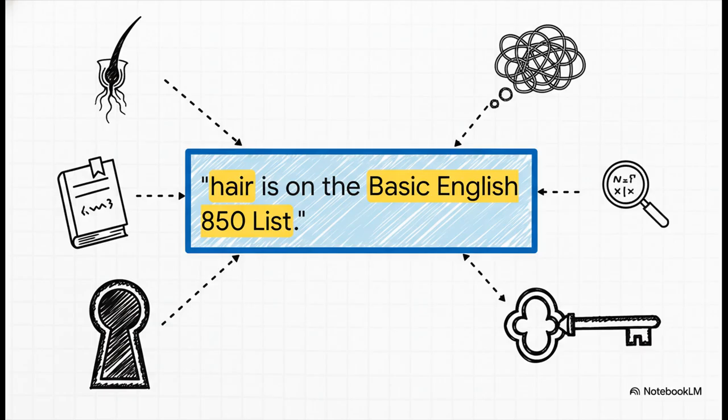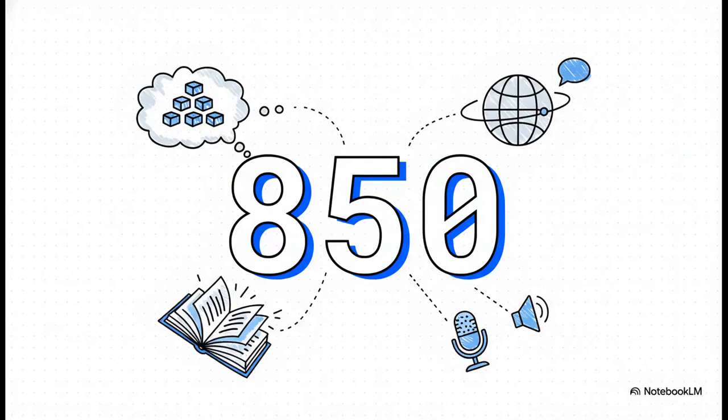That's not just some random piece of trivia, it's the entire philosophy, the whole reason this entry is so beautifully simple. Just let that number sink in for a second. 850. That's it. The people who created this system believed you could say almost anything you needed to say and build an entire functional version of English with just 850 core words.